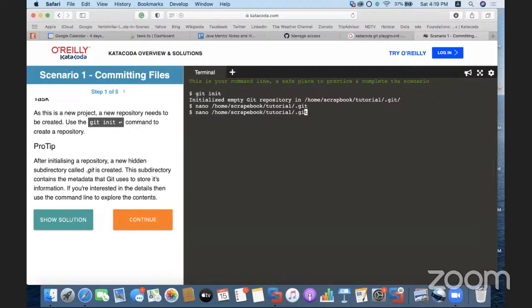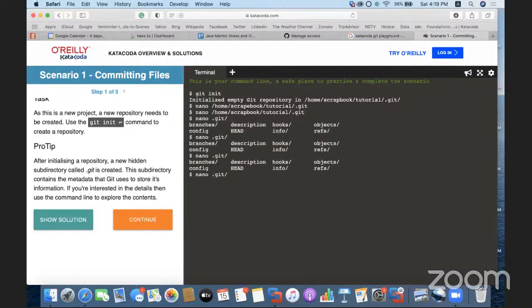Sorry, it's scrapbook, I'm sorry. We would be in this current directory only. So we'll just quickly see the content. nano .git/. Okay, so these are the